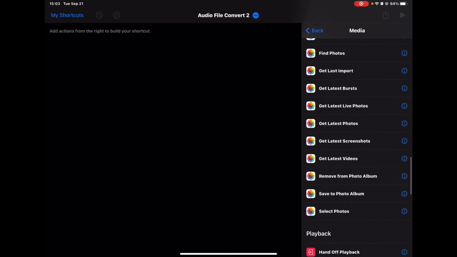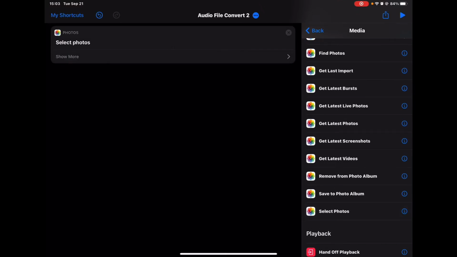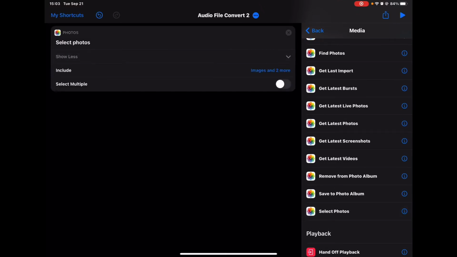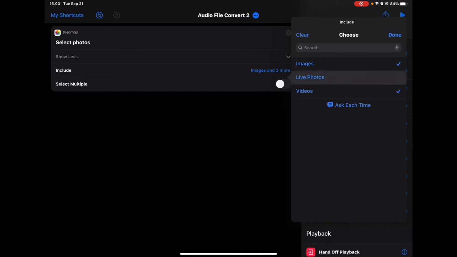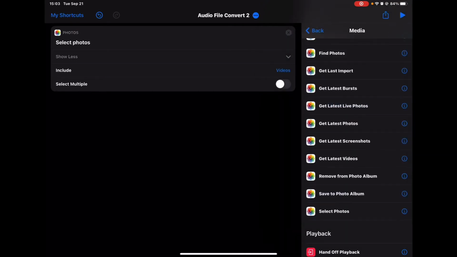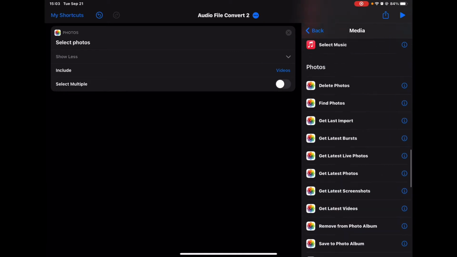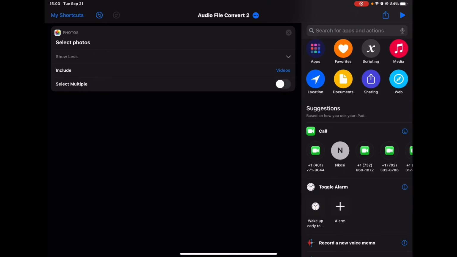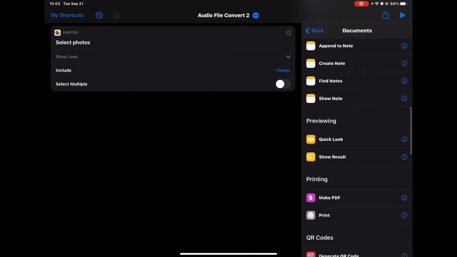and then go to photos and then select photos. And then you can show more, and then you can select if you want live photos, videos, or just images. I'm only going to allow videos, and you won't be able to select multiple unless you want to do that. But next, what you want to do is go to documents,